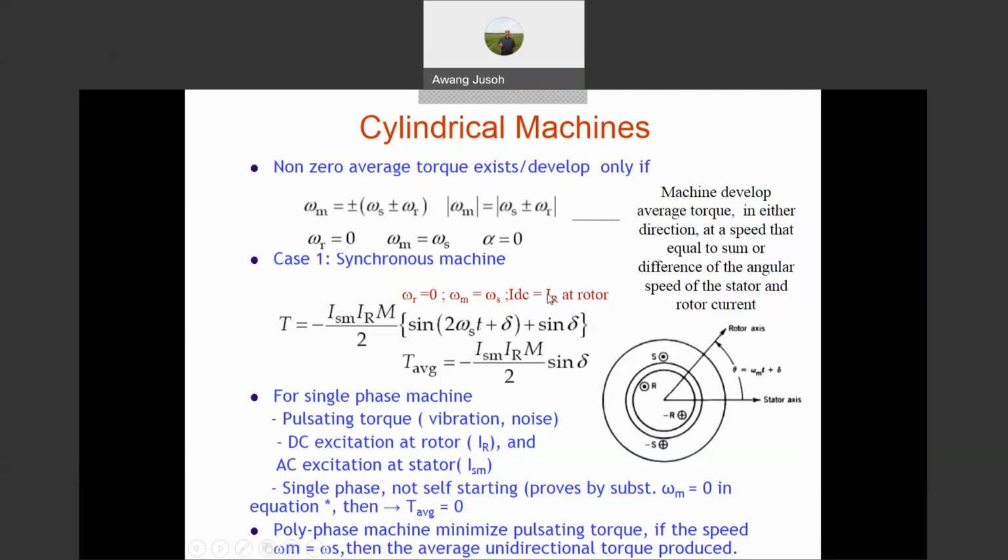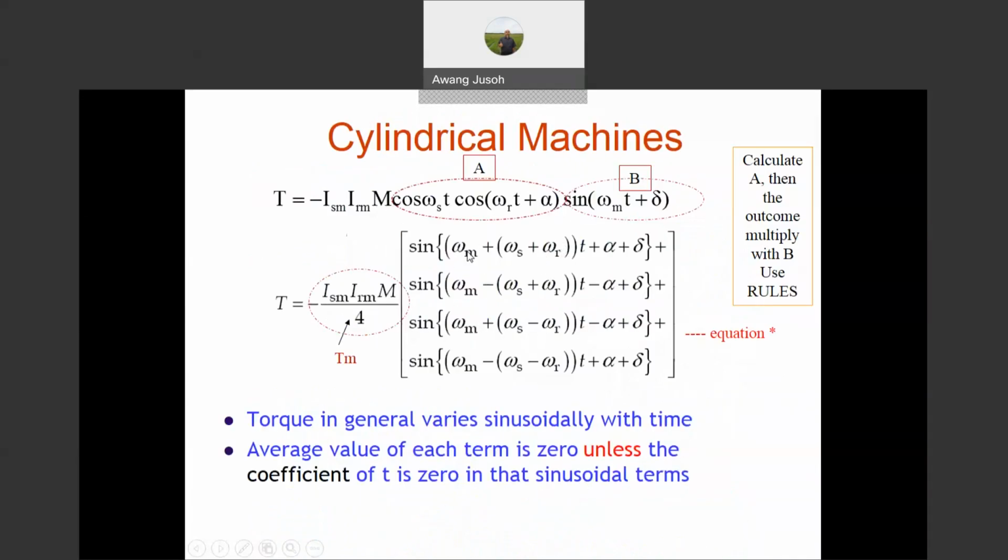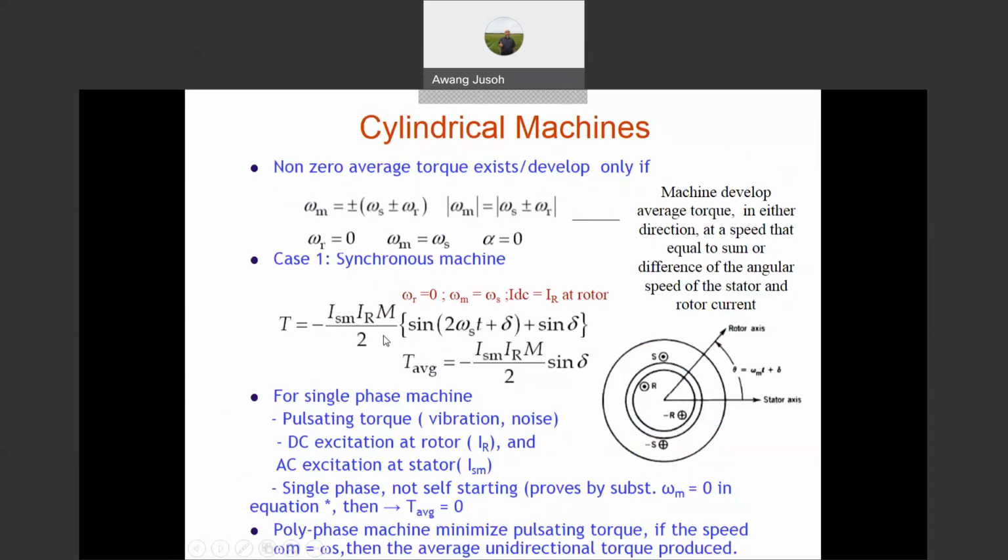Okay, so first, we talk about the synchronous machine. In the synchronous generator, omega r is basically a DC excited system. They inject DC current in the rotor side. So DC means frequency equal to 0. That means omega r equal to 0 in the synchronous machine. So when omega r equals 0, omega m equals omega s, which is omega. Then you can substitute this back into the equation: omega r equal to 0, omega m equal to omega s equal to omega.